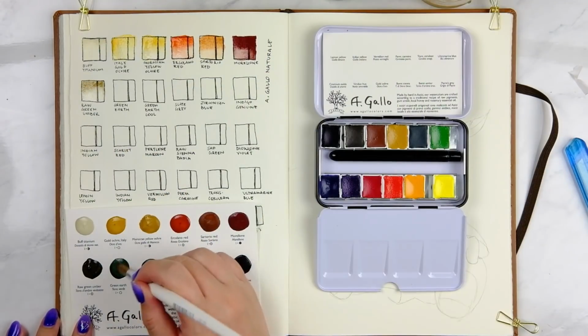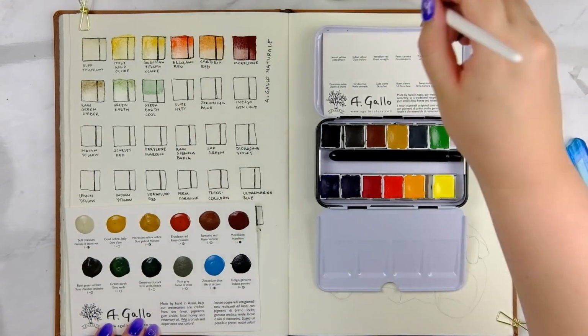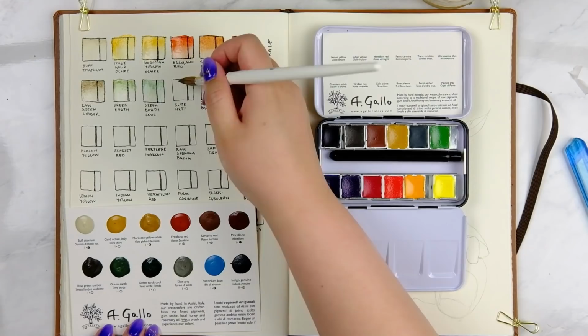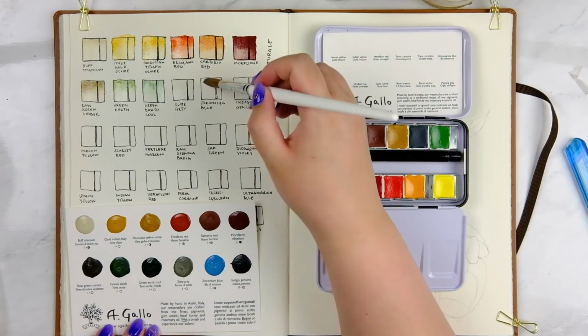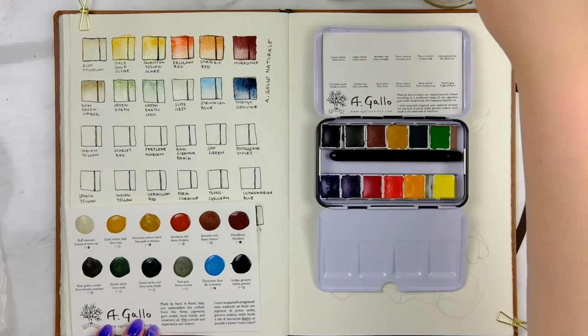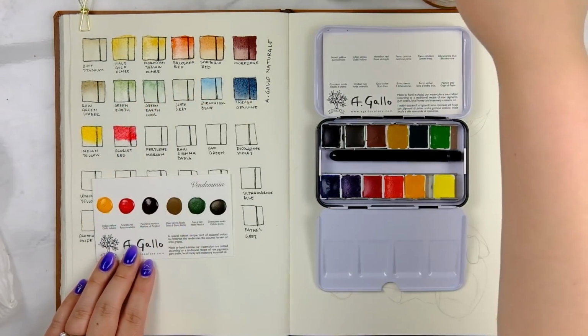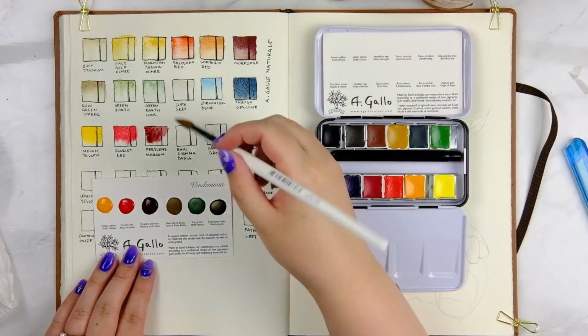as much as and they don't really move, while some actually disperse through the water really well. So it's kind of like an interesting way to see how the pigment reacts with water, and I find that really good to know because it means you have more control over the effect of it later on. I'm also going to leave this to dry overnight so that I can really see how much the paint actually